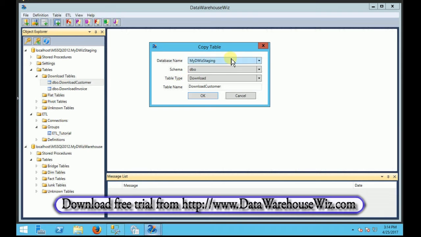From the pop-up, we select our staging DB as the database name because all flat tables always reside in the staging DB. The database schema location is usually DBO for most projects. The table type is flat. The table name defaults to flat prepended to the original source table name, in this case resulting in flat customer, but you can change it to whatever you like. After pressing the OK button,